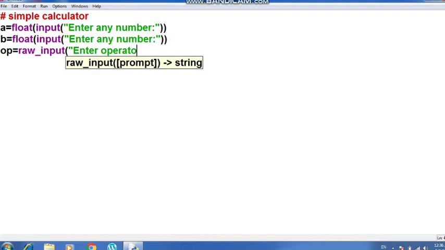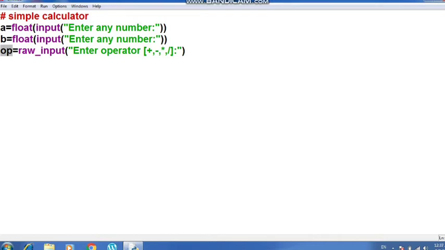If it matches a particular character like the plus symbol or minus symbol, then we have to perform the arithmetic operation, sum or subtraction. So let's write here: enter the operator. I am going to define the basic symbols already, so that the user can select themselves. Suppose I am writing here plus, minus, multiplication, and then division. You can give as many symbols as you want, but I am going to write only 4 conditions here. Okay, and then I am closing this bracket.